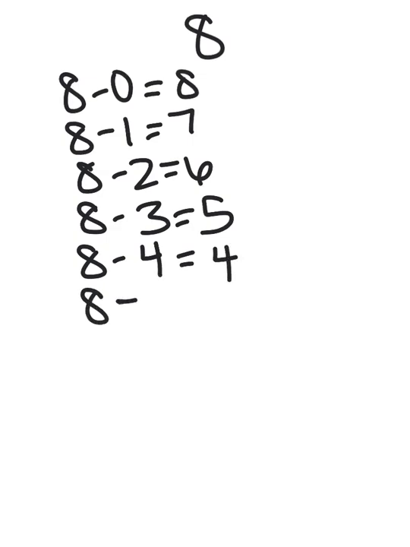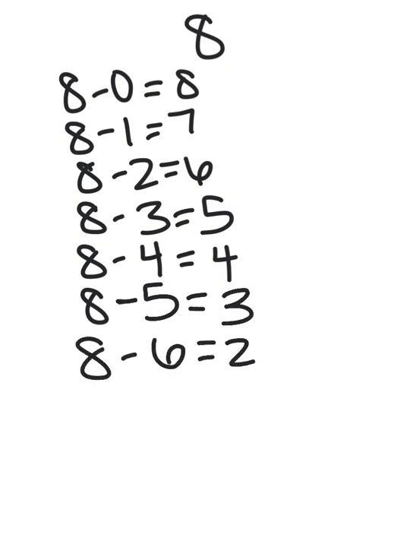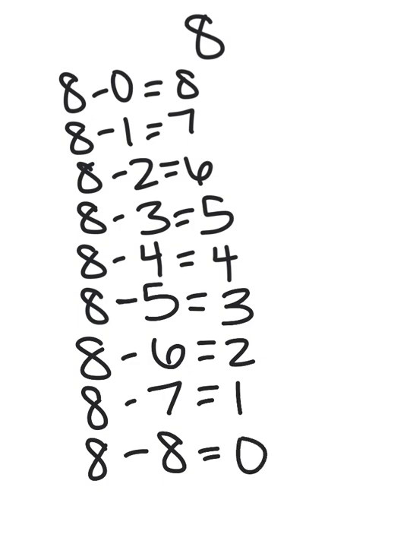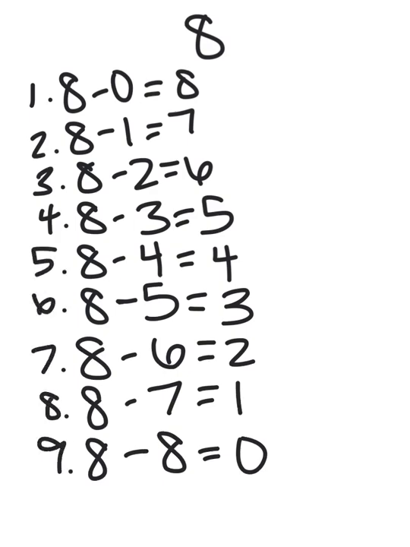So 8 minus 5 equals 3. 8 minus 6 equals 2. 8 minus 7 equals 1. And 8 minus 8 equals 0. So we were able to decompose or break apart 8 into 1, 2, 3, 4, 5, 6, 7, 8, 9